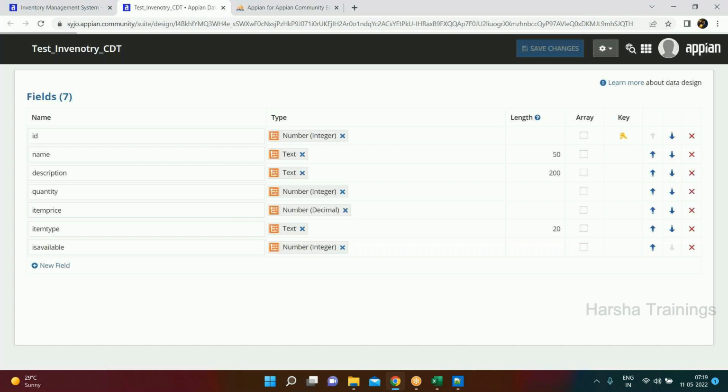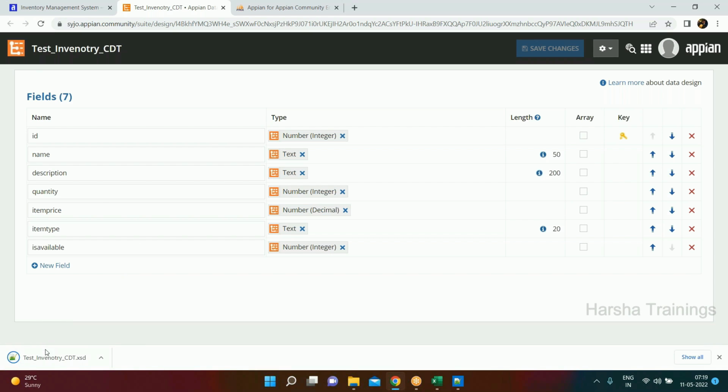The name of the CDT will be different. The name of the field will be different, but the mapping inside the XSD file, if you download the XSD file and go here,